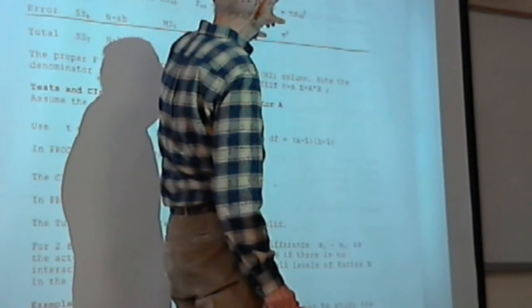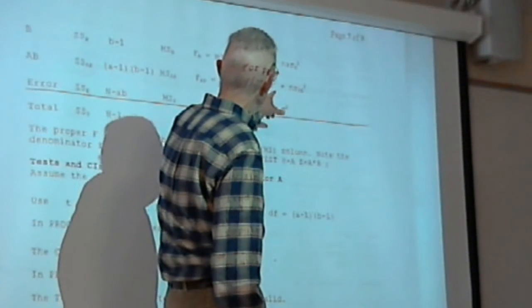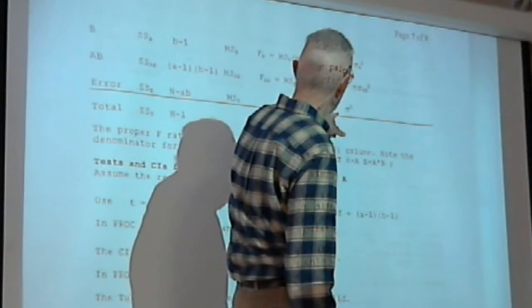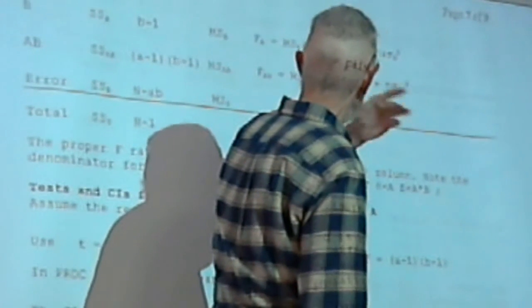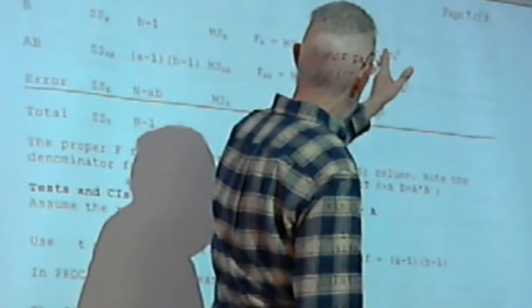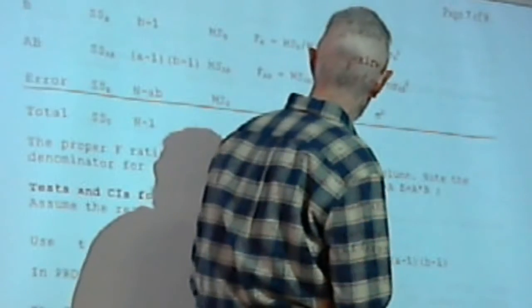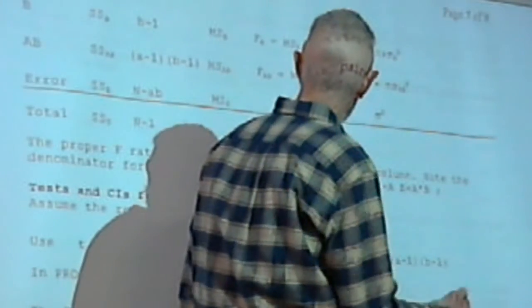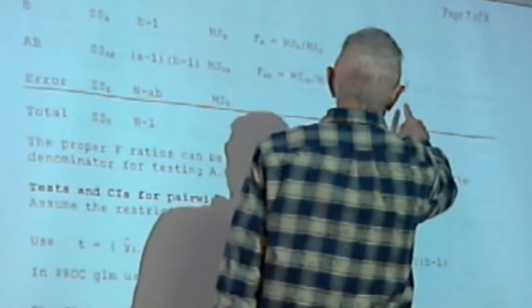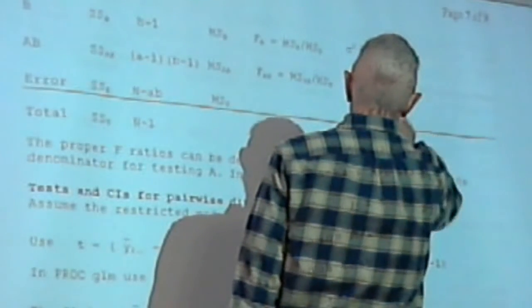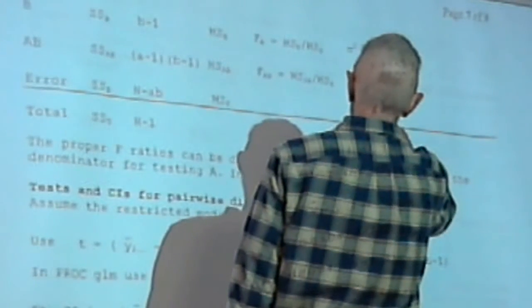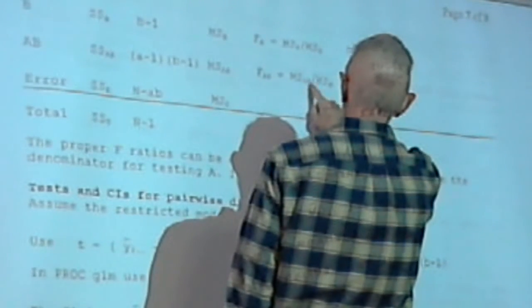Then we continue on and say, well, for B, there's my expected mean square. For AB, there's my expected mean square. For error, there's my expected mean square. Now, if I start to look at these expected mean squares to find out what's the appropriate denominator to use, notice that if I want to test AB is 0, then that drops out. And these two have the same expectation,